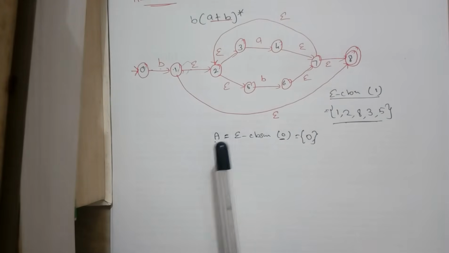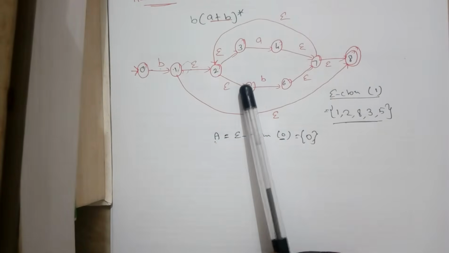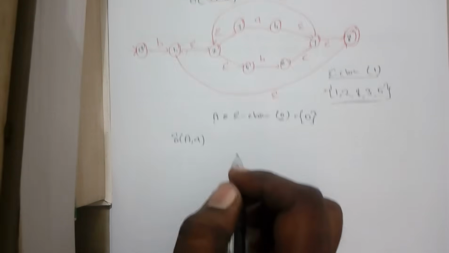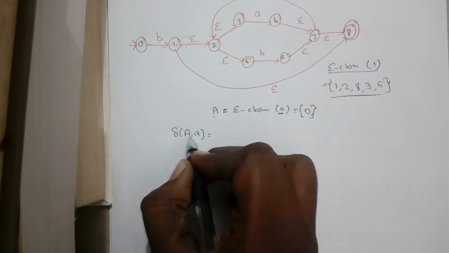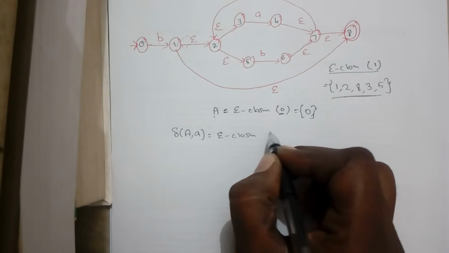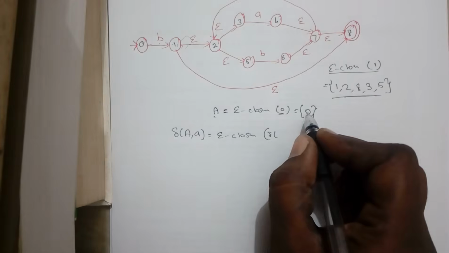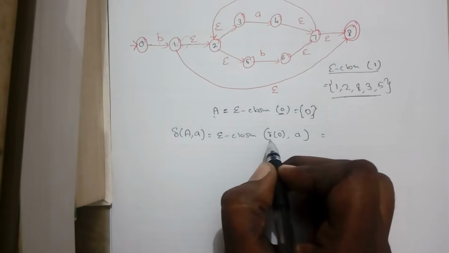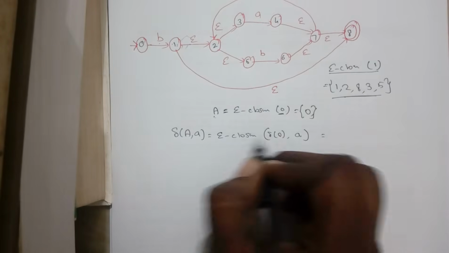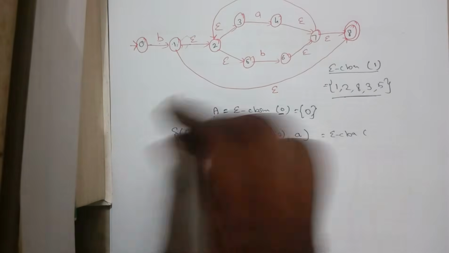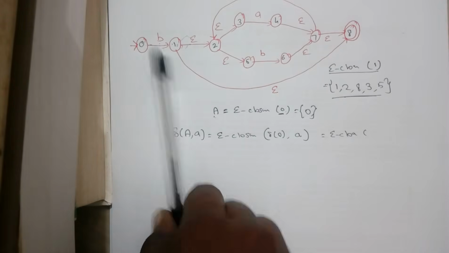In case of a DFA, whenever you have a state, we should have a transition from the state on both the inputs. Here the input symbols are A and B. So we have to find the transition of state A on input A and state A on input B. When you want to find the transition of state A on input A, it can be found using the epsilon closure of the states that are included in A. A includes only one state, that is 0, on input A. So we should find the transition from 0 on A, and we have to find the epsilon closure for it. So this will be the epsilon closure of the transition from 0 when the input is A.